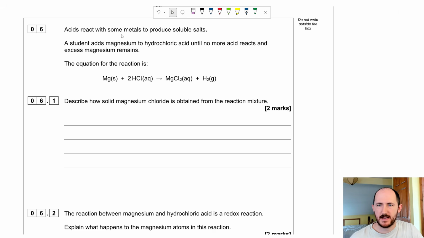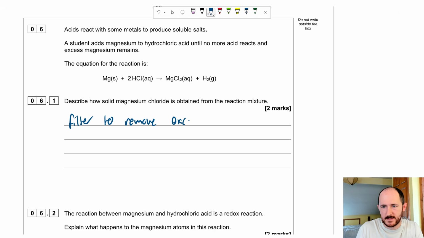So here we have acid reacting with some metals producing soluble salts, soluble meaning that they can be dissolved. A student adds magnesium to HCl until no more acid reacts and excess magnesium remains, as we have solid magnesium left over. Describe how solid magnesium chloride, so this stuff, is obtained from the reaction mixture. Well, the first thing you need to do is filter to remove